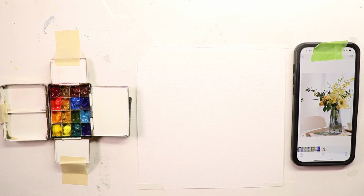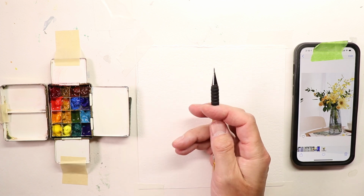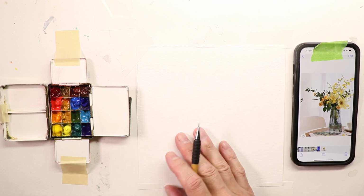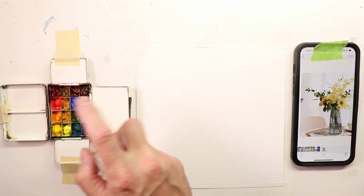We will set up further with our pencil. Let's get ourselves a pencil here. Okay, so we have a number 9 retractable pencil. And we're going to be pretty much ready to go. So palette's ready. We might add a little bit of spritz of water onto our